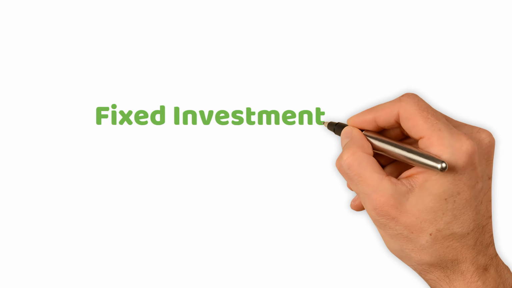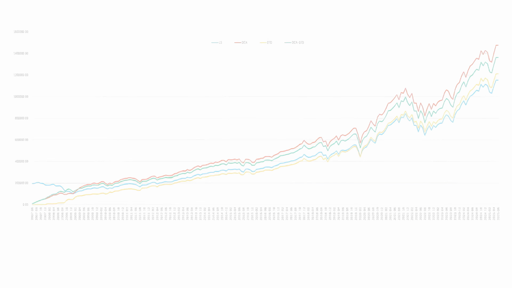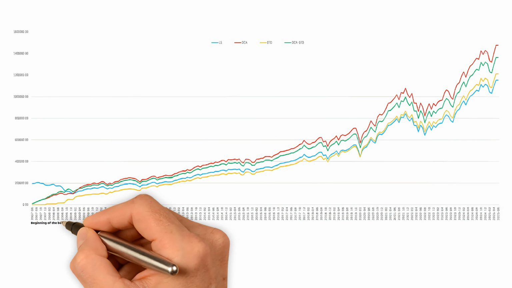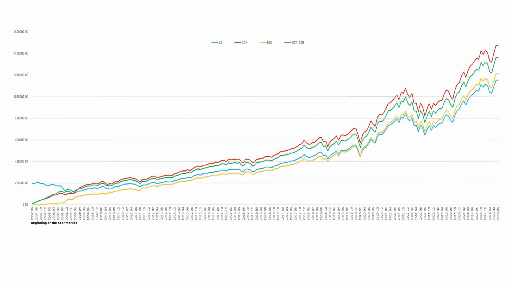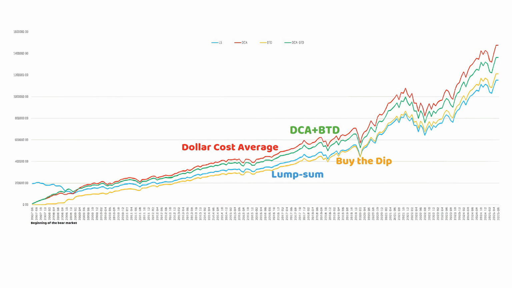First, let's look at the case where the investment capital is fixed, for example, 200,000 Australian dollars. How should you invest it? Here's a chart. It spans from June 2007 to June 2025, covering 18 years. The chart shows 4 lines, each representing a different investment approach. Lump sum, LS, dollar cost averaging, DCA, buy the dip, BTD, and a combination of DCA and BTD, which we'll